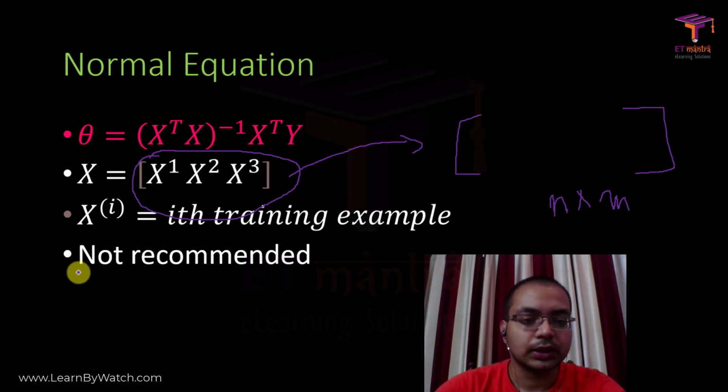At first thought, it seems that this is just a single line, so why don't we use it rather than gradient descent? That is because here we have to find the inverse of a matrix, and this takes a very long time, and sometimes it takes much longer than gradient descent. So using gradient descent is always preferred over the normal equation.